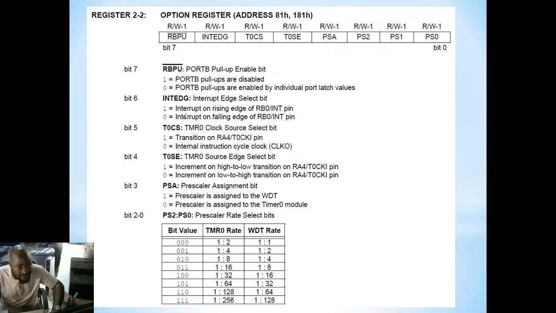You will clear or set this bit. You will say bit set file, option register, bit 6 to set the rising edge, or you'll say bit clear file, option register, bit 6 to select the falling edge and interrupt on the falling edge, right? So the significance of the option register in terms of the RB0 interrupt, we look specifically at bit 6. The rest of those bits have nothing to do with interrupts, right? And now,